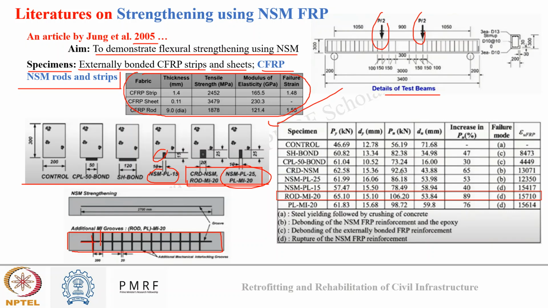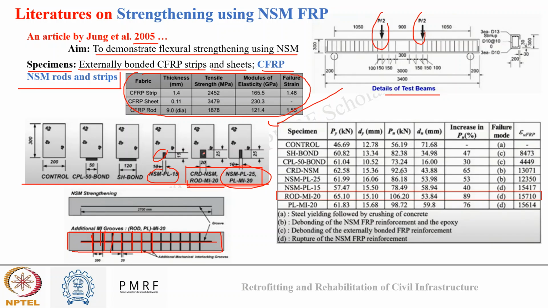If you see from the bottom, so this will be my bottom part. This is my NSM assembly, and these are additional grooves that were made perpendicular to the NSM assembly and were grouted just to improve the bond between the NSM and the substrate. Now, once the load was applied, the ultimate load and strain at ultimate failure were recorded, and it was observed that this fifth assembly, the rod, this one,